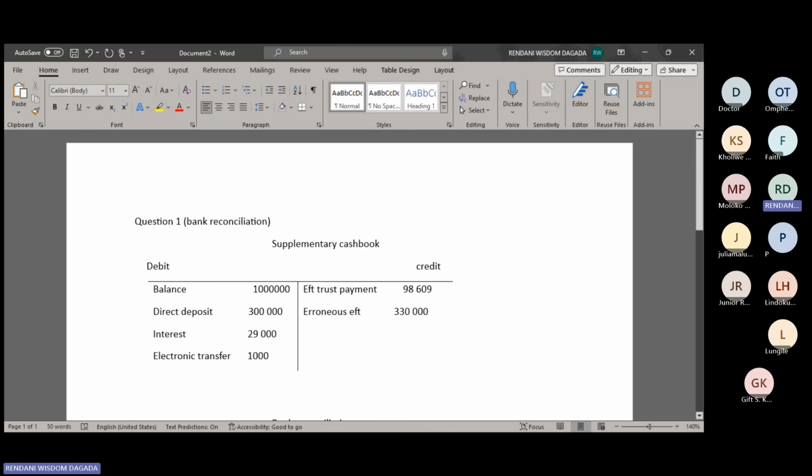Remember, the payment was supposed to be here on the credit side. But since it's an error, we put the wrong amount on the opposite side. What is the opposite of payment? Deposit. So we're going to come and say,